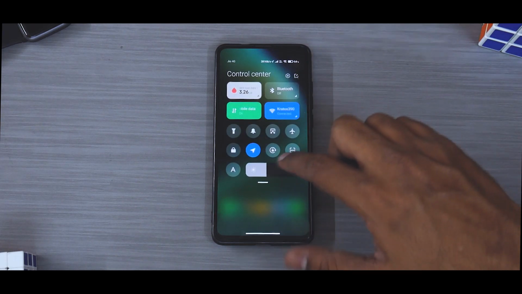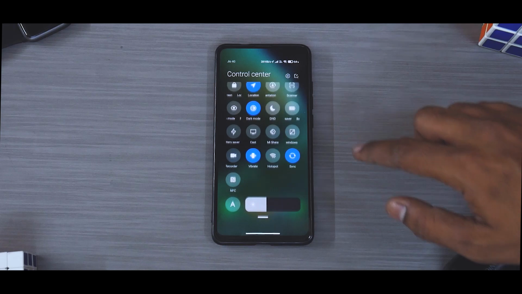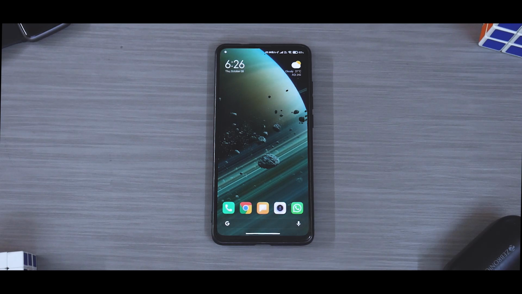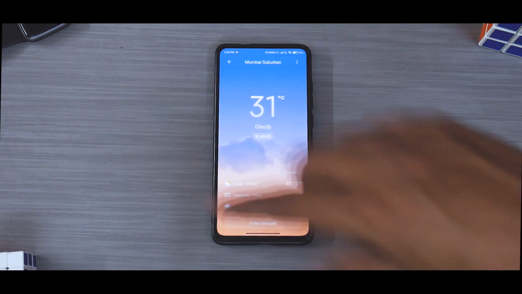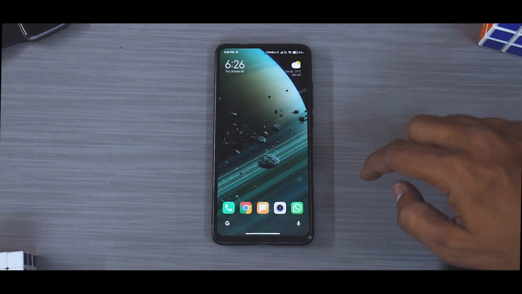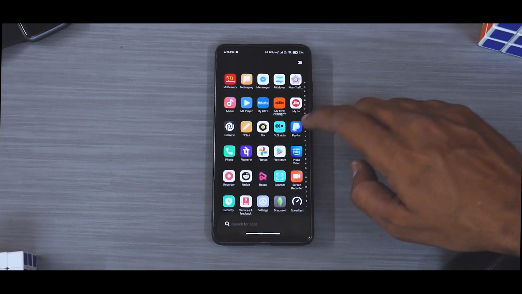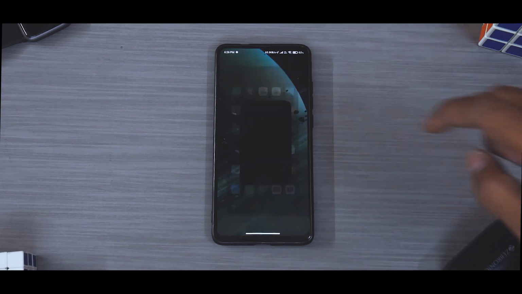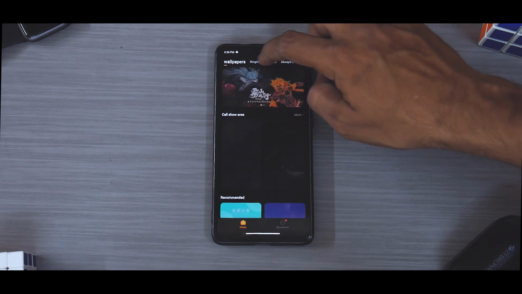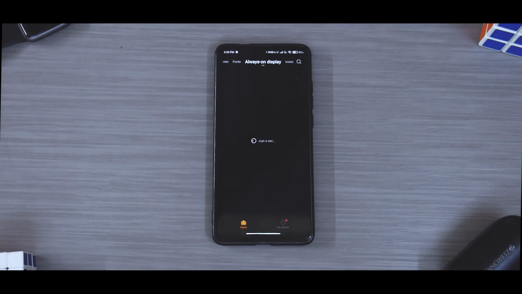Now next up, if we talk about the control center, it is the same old control center. It doesn't really have a lot of changes, but yes, it works smoother compared to the stock ROM, as I mentioned earlier. And even if you look at the weather UI, it is like with all those dramatic effects and stuff like that, and all of that works just fine. Now the next thing that I really liked here is, if you really go to the themes store. Now that has been a concern for me in a lot of MIUI based custom ROMs. As you can see over here, you do have dynamic wallpapers, ringtones, always on display. Just look at the collection of different always on display themes that you have over here.